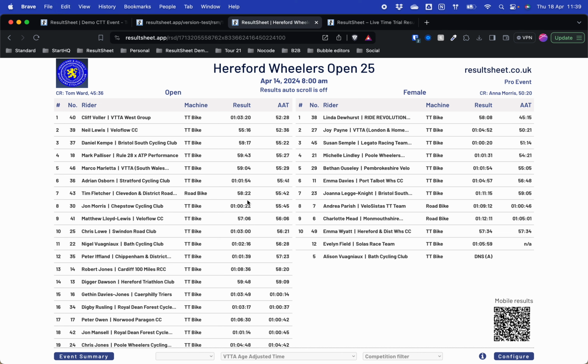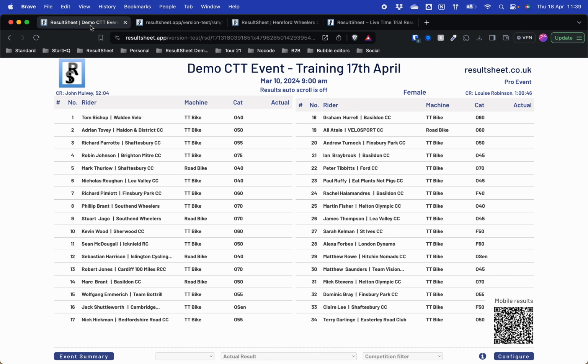So it's got the actual result in the result column, and then it's on the age adjusted time. So we can see that Cliff Fowler actually won the event for opens, and Linda Dewhurst won the event on age adjusted time for females. So what I'll do now is I will move back to the demo system, and we'll go back to the main menu,